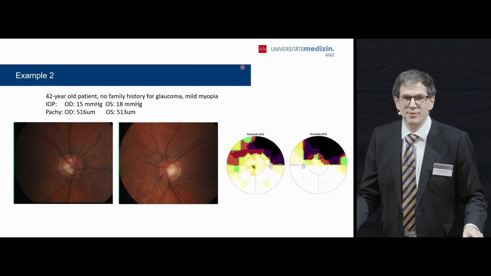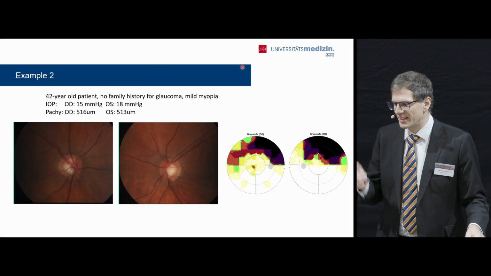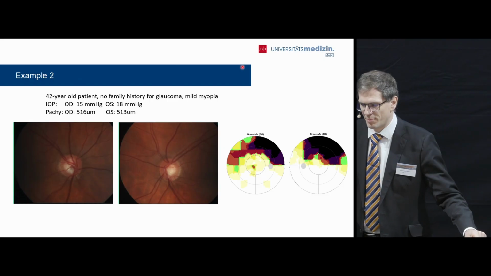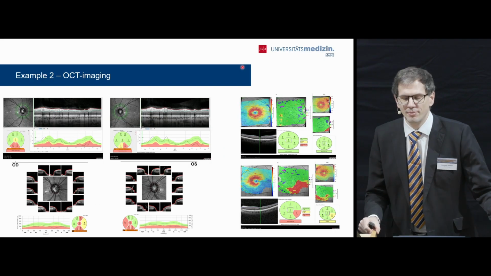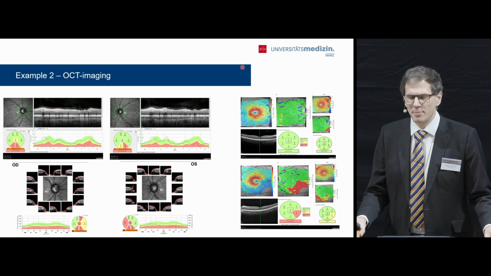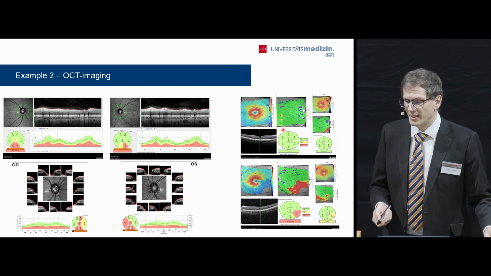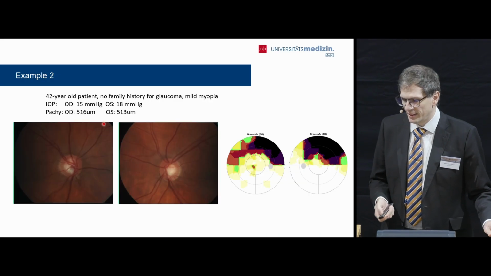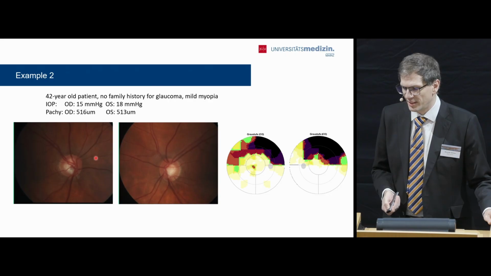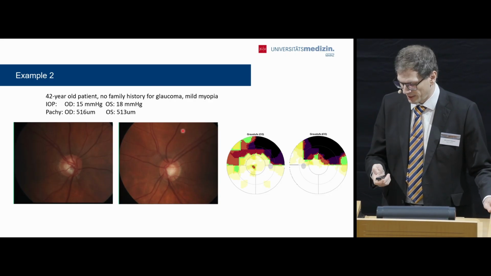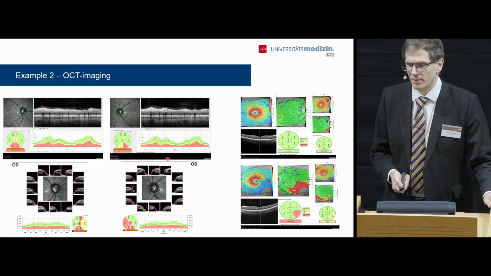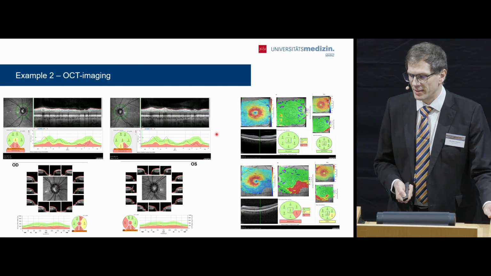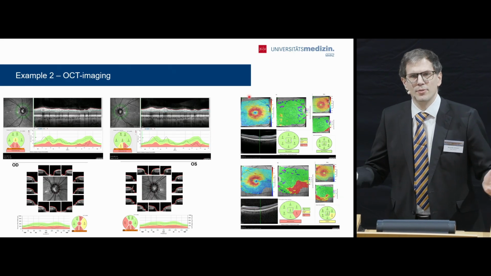So that's the visual field of the patient, and if you look at the optic disc, it looks quite surprising that there is quite a deep visual field defect in the upper part. And if you go further using morphometric parameters like OCT imaging, you see in the RNFL thickness in the lower part, where you could see this notching down here, and here as well this notching, corresponding to that thinner RNFL thickness and thinner MRW, and the same for the left eye, even broader in the left eye.